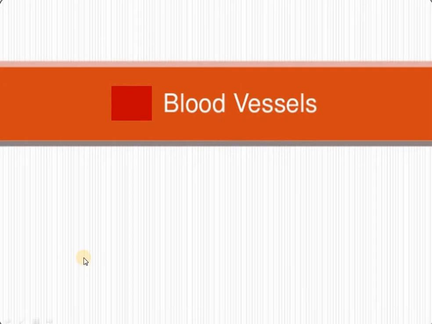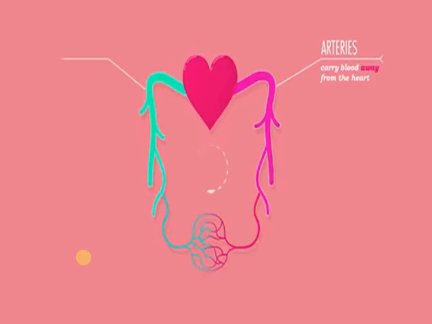Okay, we were doing the chapter of transport in mammals, and in today's lesson, we have to look at the blood vessels. Blood vessels are tubular structures which carry blood from and towards the heart. The heart is a pumping organ, we all know that, and it sends blood not only to the rest of the body but also towards the lungs, comprising two circulations, systemic and pulmonary circulation. Let's see this in detail.